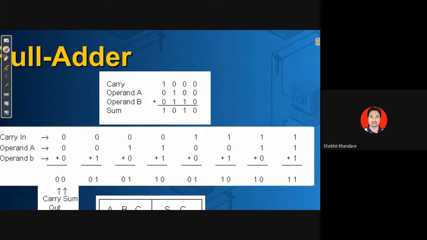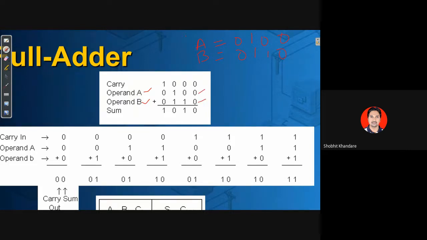There are two operands, A and B. I have been given operands A and B, and I have to add them. While adding, I am getting sum and I am getting carry. So if operand A is given as 0 1 0 0 and operand B is given as 0 1 1 0, and both have to be added, see here, we will be starting with the LSB.